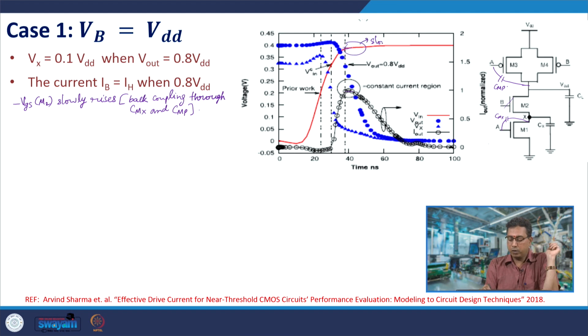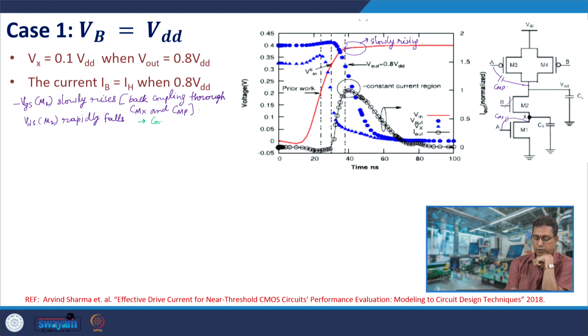So this is very slowly rising. And VDS of M2 rapidly falls, and this leads to an almost constant IM2. This constant IM2 we are calling IH,